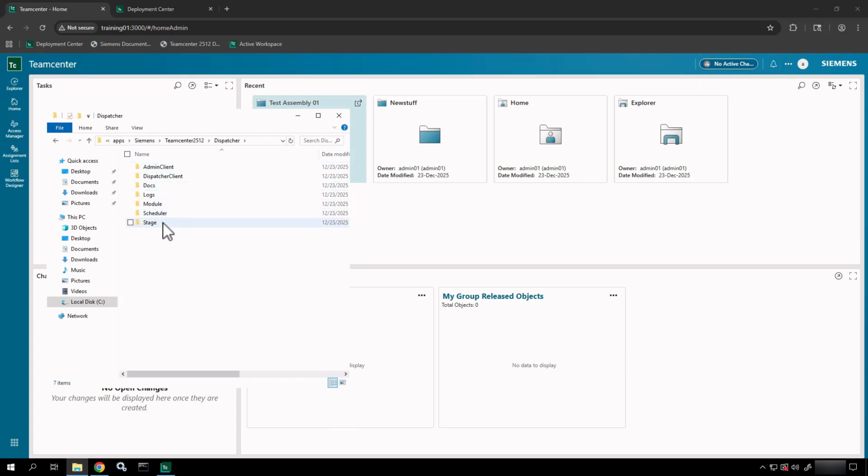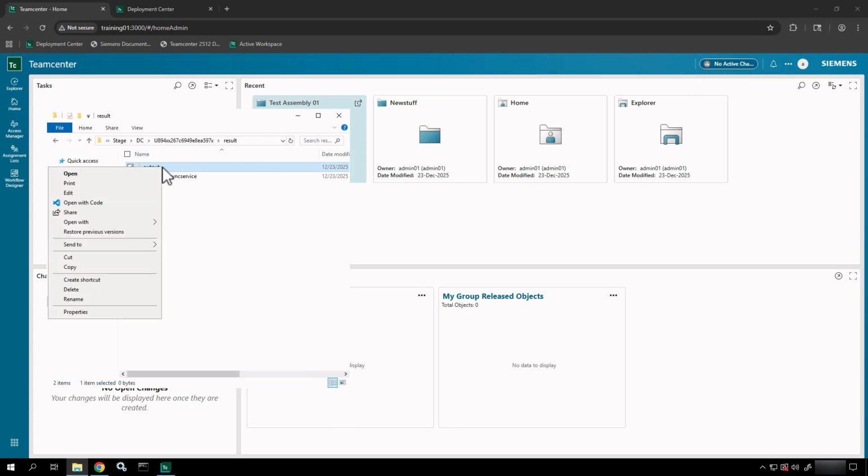Now, if I look at the stage directory, it has a deployment center folder in it. It has given it a UID. So this essentially now is a dispatcher request object. In here, I have a result folder, and then I have the configuration and the input. The result folder has the output and the async service log. And if I view that output,